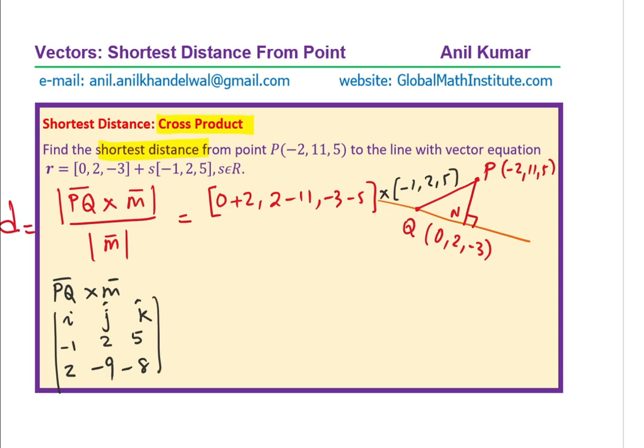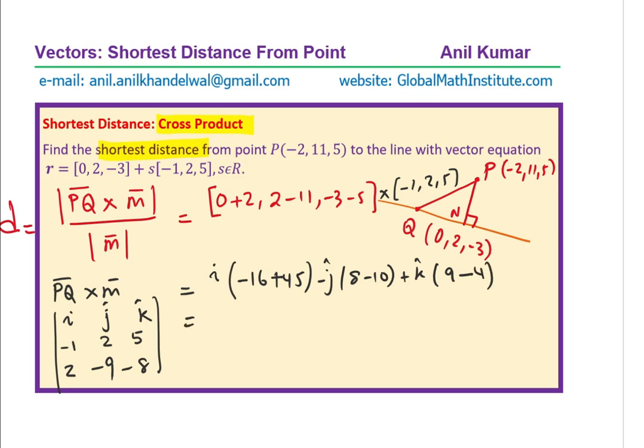So that could be written as i times (2 times 5 is 10, minus -9 times 2 is plus 18)